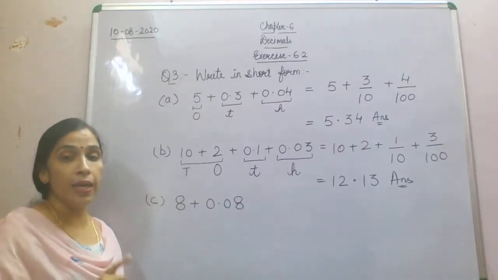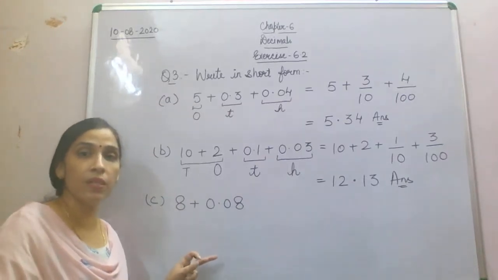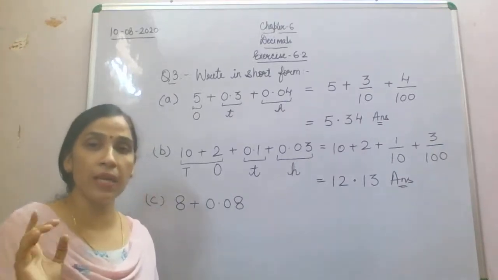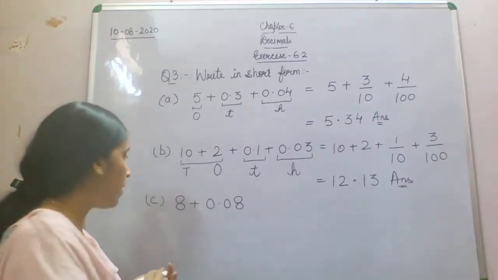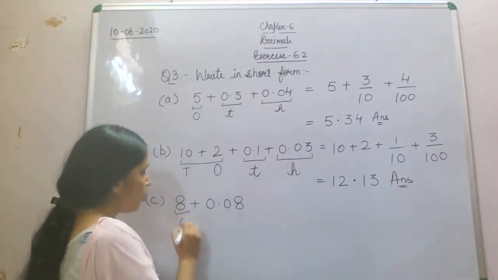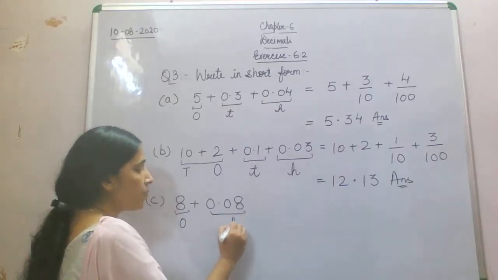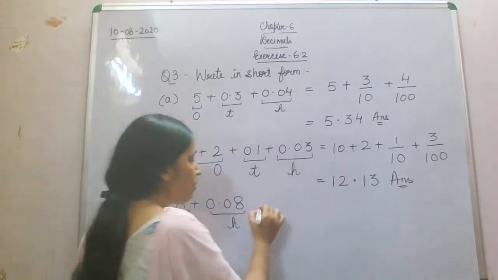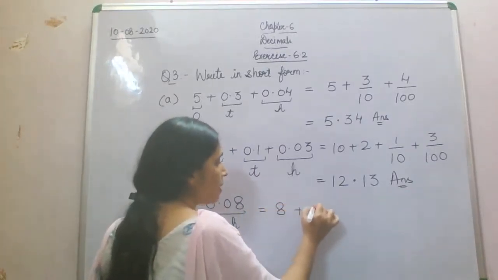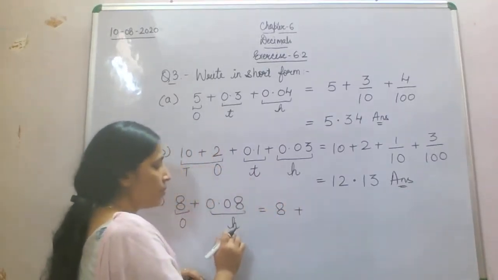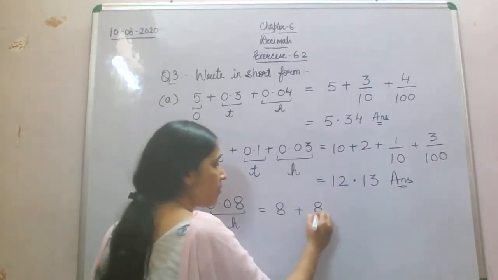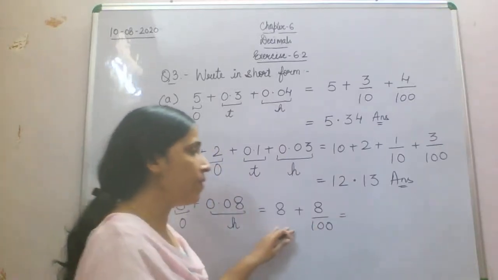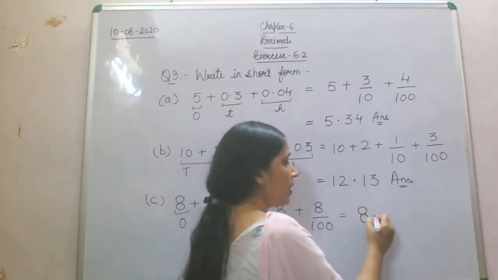Now, children, here you have to see, if you have been given only one decimal part, it doesn't mean that on the tenths place you are not going to write anything. Fine, see this, this is your ones place, this is your whole number part, and this is your hundredths part. It means the tenths part is there in this question. So what we will do here, 8 plus, now 0.08, it means that is your hundredths place, so 8 will be divided by 100. Now 8 we will write in the whole number part, and then we will put a